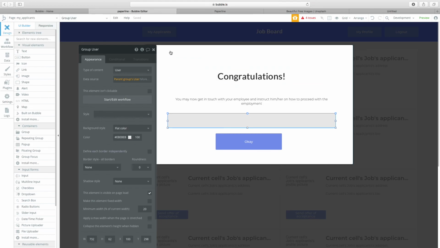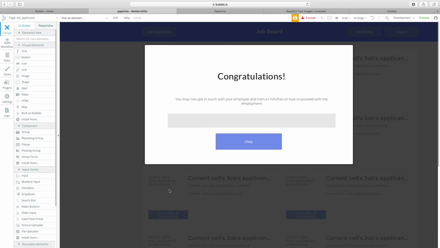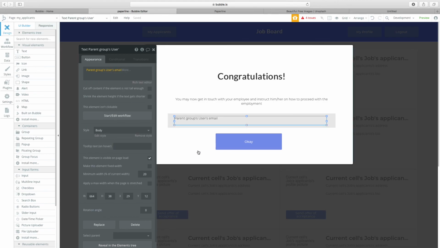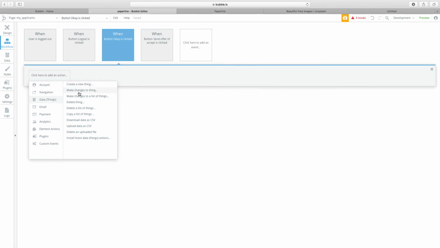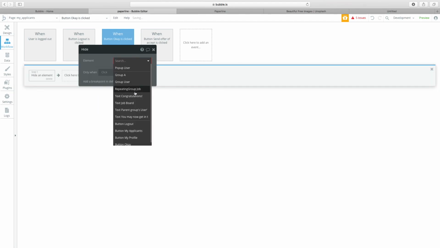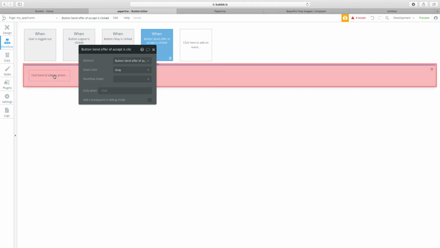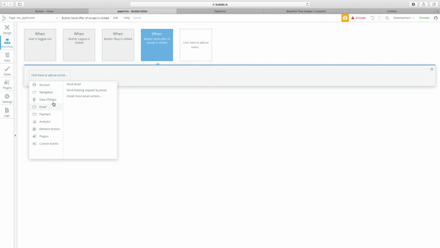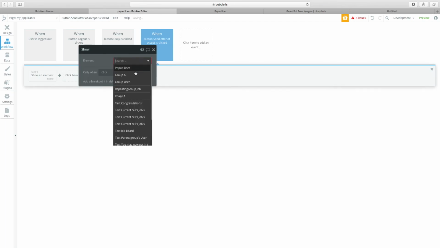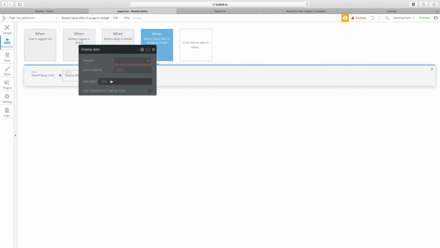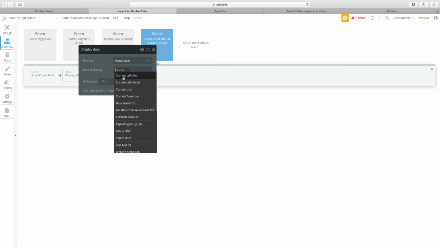If you don't know what I mean, basically I'm going to be changing who is the user that's referenced here. The user is whoever is in this cell, right? That parent group's user's email will come up here. And if I click on this, OK, you can hide this pop-up user. And if you want to show this pop-up, you have to add a workflow that says show the pop-up user. But note one more thing, you have not defined who is the user there. You've got to say display data, and on the pop-up you're going to say